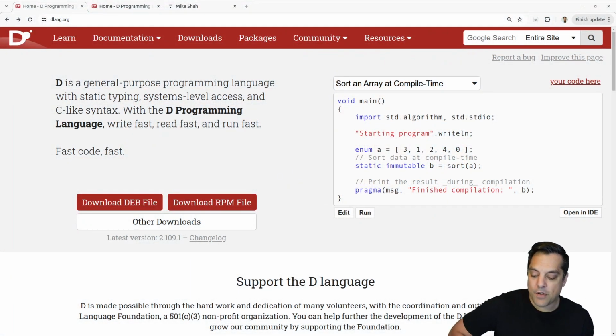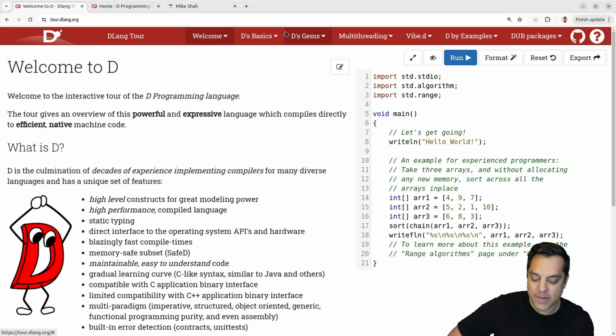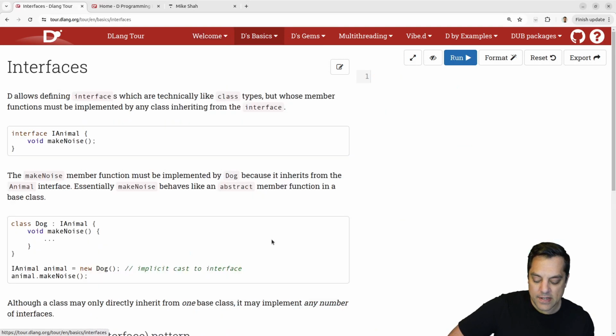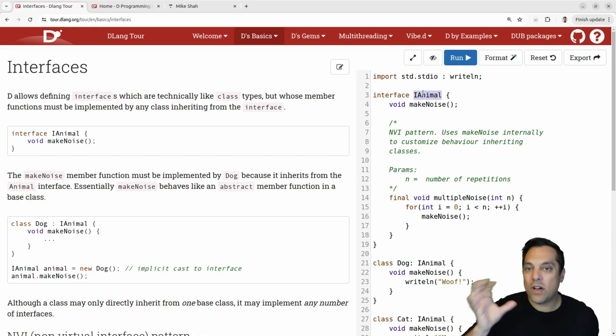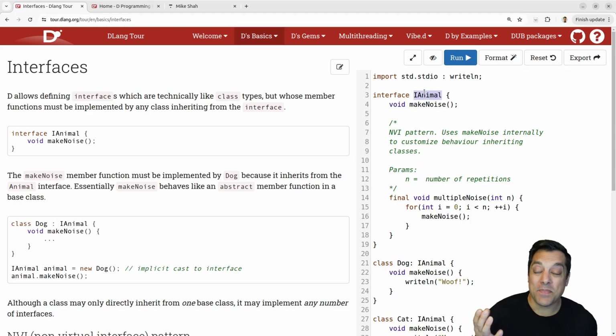interface is. I'm going to first take us to the Learn page here, because again, this is something that you'll find in the D Basics section with interfaces. And you'll find a nice example here with the classic: let's create an interface for things that are animals, for instance. A few different observations here, which I also like to follow. One is putting a capital I in front of Animal, just to be clear that this is an interface. This is one coding style thing that I tend to adhere to. You'll see this in other languages as well. And I just like it because it communicates very quickly that this is an interface for some